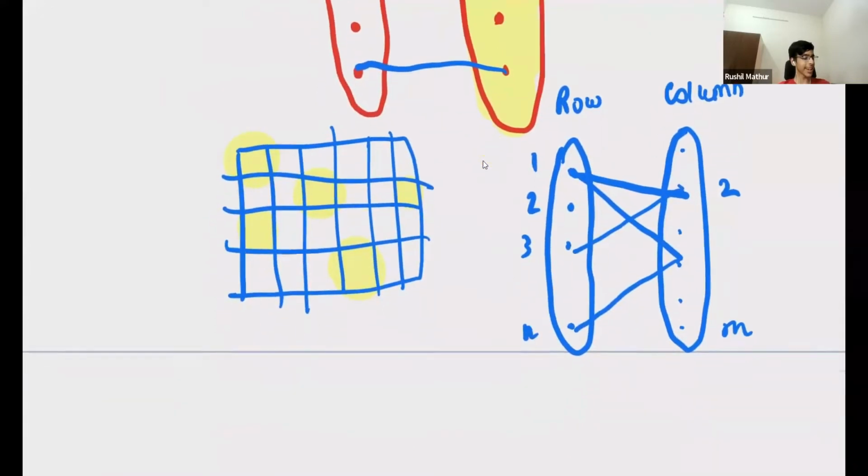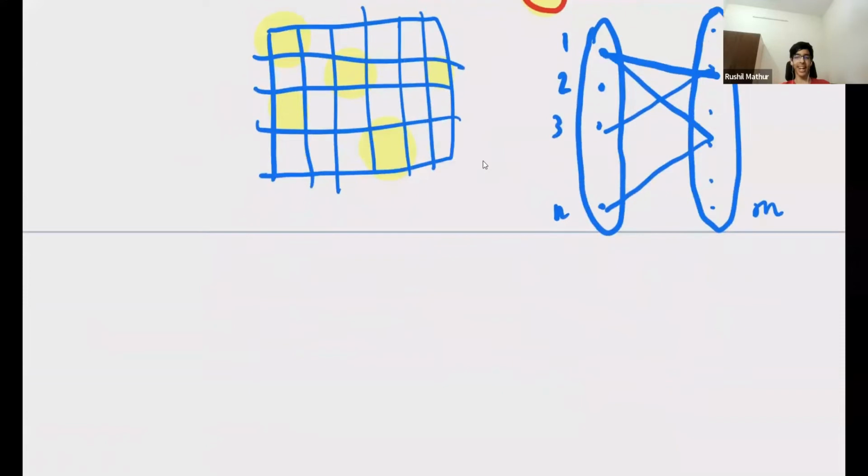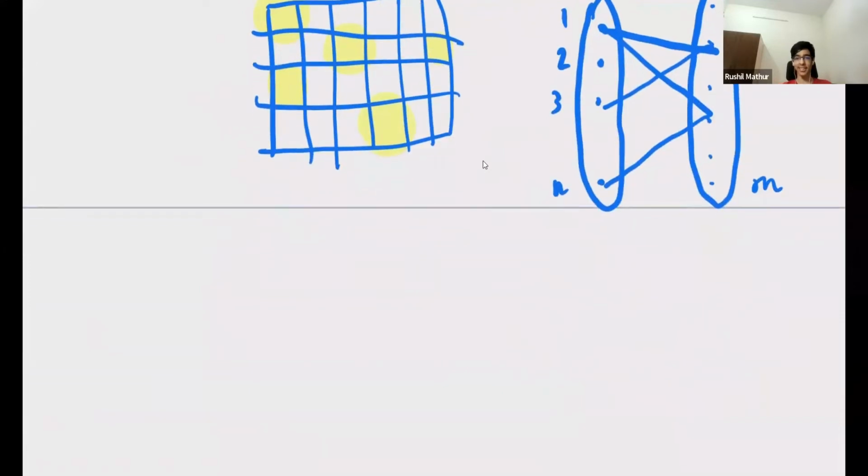And there are a lot of other places. This is a very random example where bipartite graphs get used. An interesting thing is there are a lot of these questions in Olympiads where there is a magician